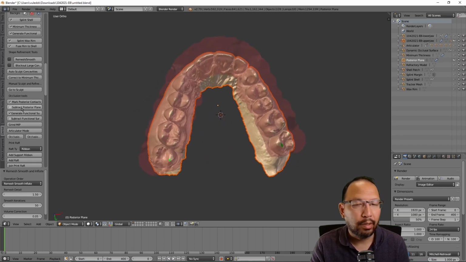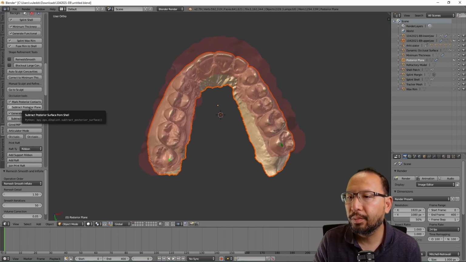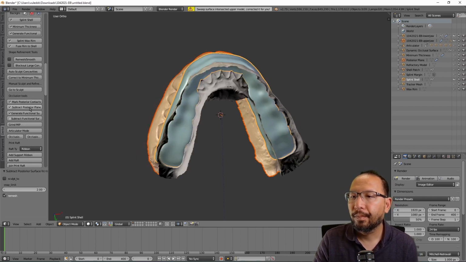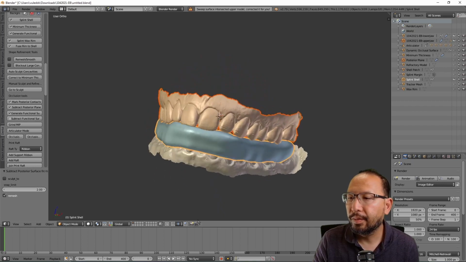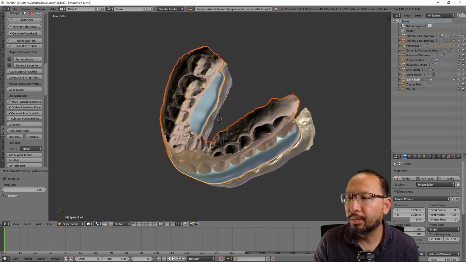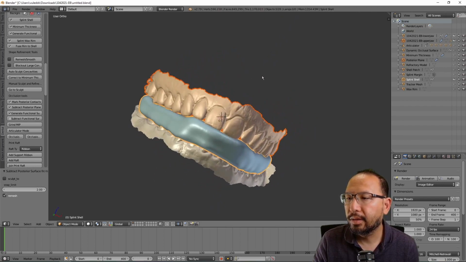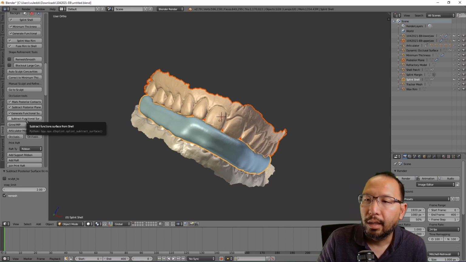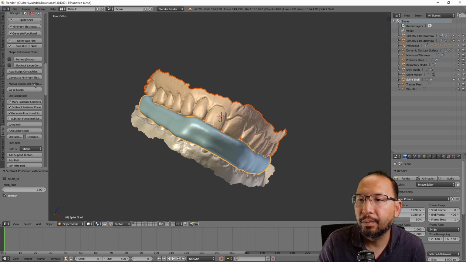We're going to go ahead and do the next checkbox, which is subtract posterior plane. Check that, and you'll notice here, if you use your middle button and look, it has subtracted that posterior plane. We're going to go ahead and subtract the functional surfaces here. We background process those functional surfaces, so it'll just subtract them, but